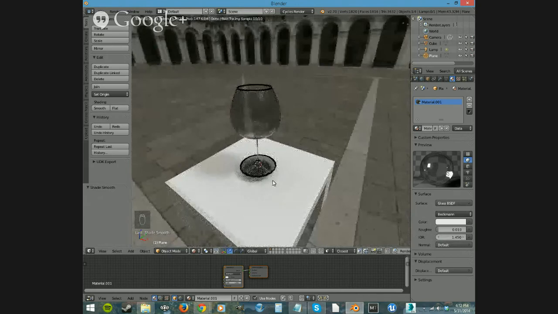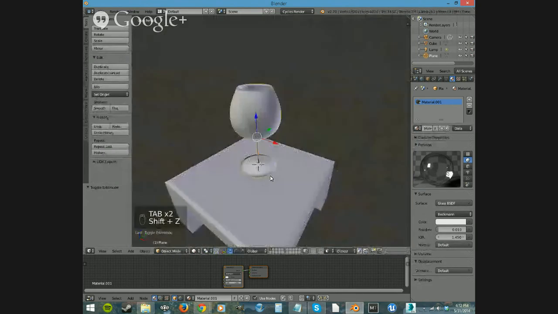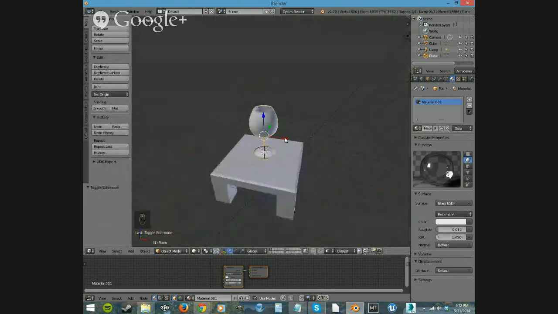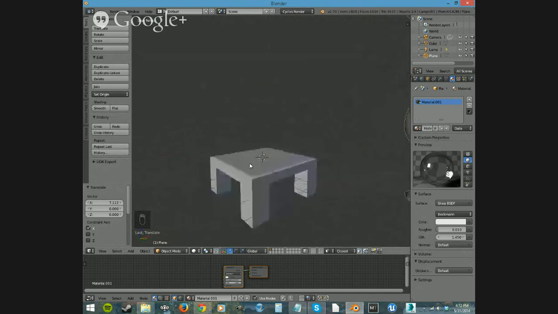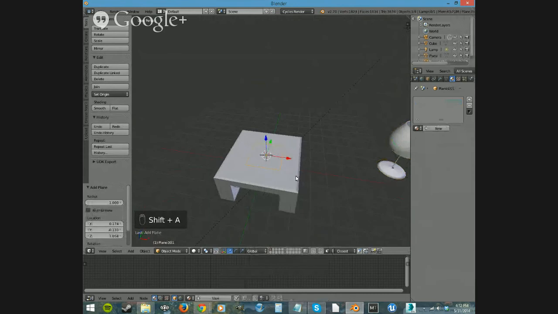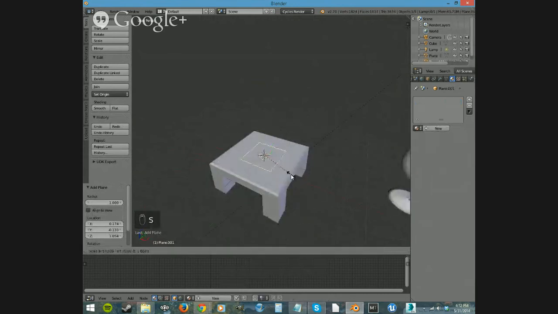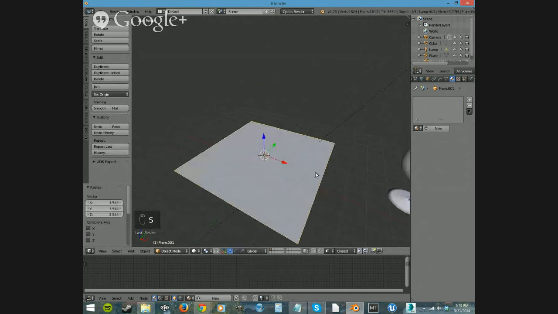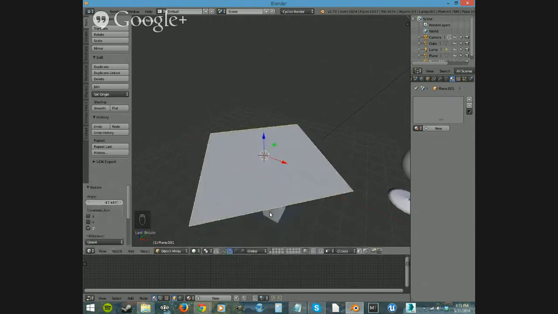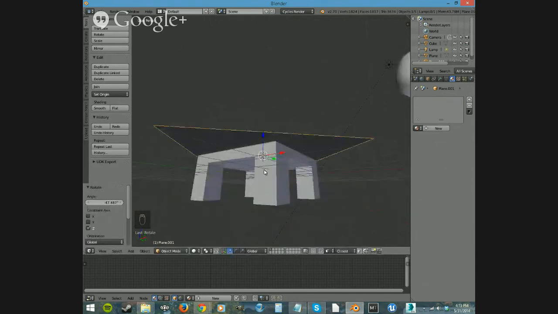But first, let's do one more thing, and let's add the tablecloth. So let's take this and zoom it out of the way a little bit. And now I'm going to click the top of my tabletop, which should put that 3D cursor right on top of the table, and Shift A, add a plane. It puts this plane here, and let's hit S to scale it. Just scale it to where it would look good. And then R to rotate, and let's hit Z to lock it to the Z-axis and rotate it around a little bit so that it'll fall over. We're going to simulate some